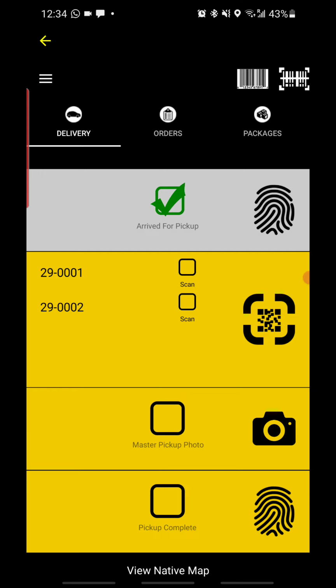You may also see some error codes while scanning. "You don't have permission to perform this action" is a common error code that you will see. This error code means that this package is assigned to some other driver. In this case, you may put the package aside for other drivers to scan and pick another package to scan. I'll show you how that error code looks like. This is the error code I just mentioned about.